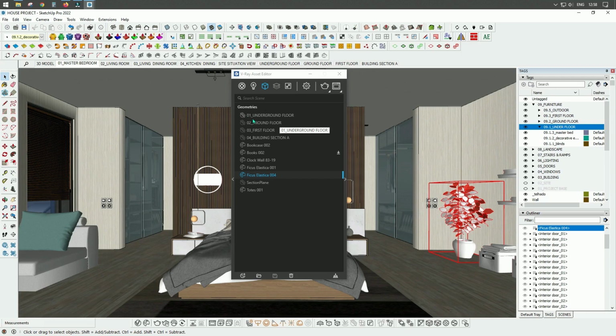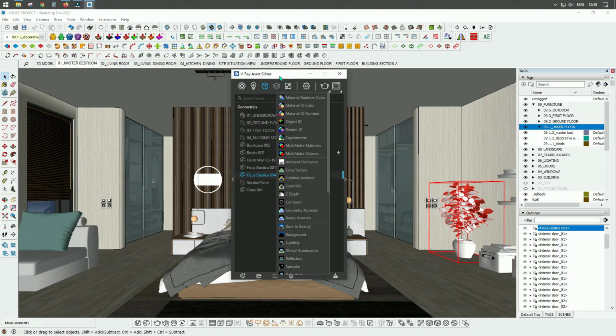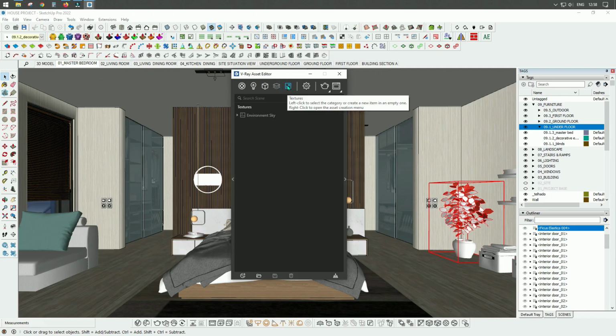These are the sections that we have created in our model, and here you have a menu for additional options in V-Ray to control your materials, to control the visibility, such as ambient occlusion, all the rendering elements are here, and so on. The next one is your environment and textures, special textures that could be placed here, and